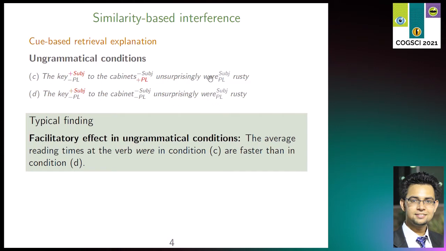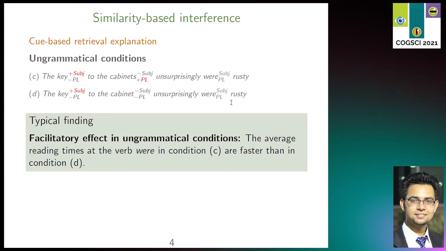The idea is this, that the auxiliary verb uses a set of retrieval cues to search for an appropriate noun in the memory. So for example here, the subject and the plural cue are used to search for a noun that is plural marked and in the subject position. Now interestingly, in sentence C, the noun cabinets partially matches the retrieval cues here. So as a result of this partial match, a race process is initiated in condition C, and this race process causes a facilitation in reading times at the verb compared to condition D, where cabinet does not match the retrieval cues, right? So the model predicts a facilitatory effect in ungrammatical conditions,